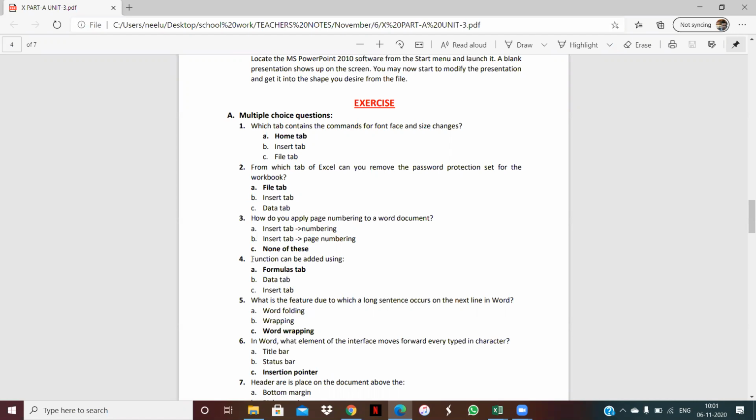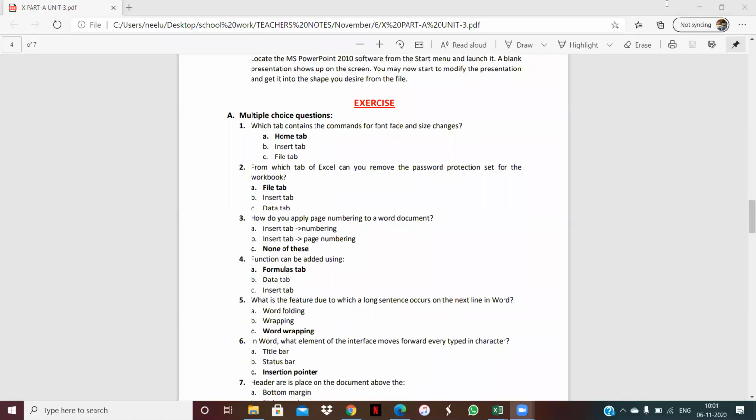Next is, functions can be added using what? From where we can add the functions. All of you know that if we want to add any functions, we can add them with the help of the Formulas tab.